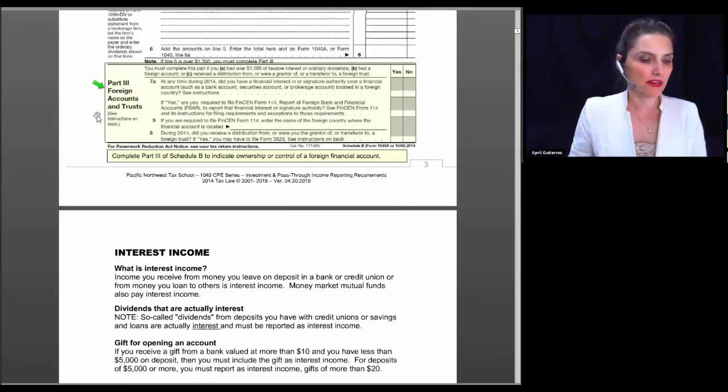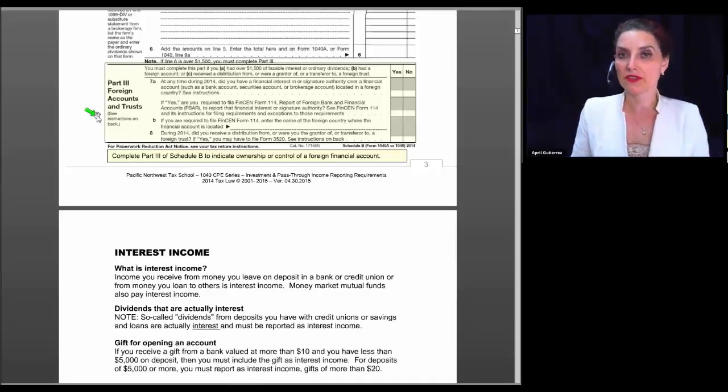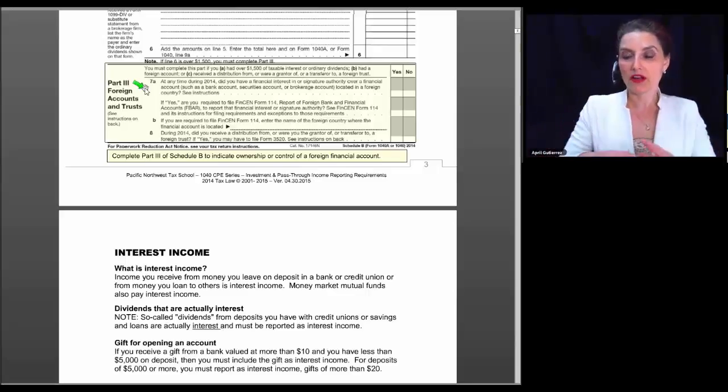Now, the part of the Schedule B that I wanted to draw your attention to is Part 3, where it says foreign accounts and trusts. This is an increasingly important area, or has been an area of increased scrutiny for some time now. And even if your client had only $10 of interest for the year, and that interest came from a foreign account, and they can show that that foreign account had, or a combination of their foreign financial accounts, totaled